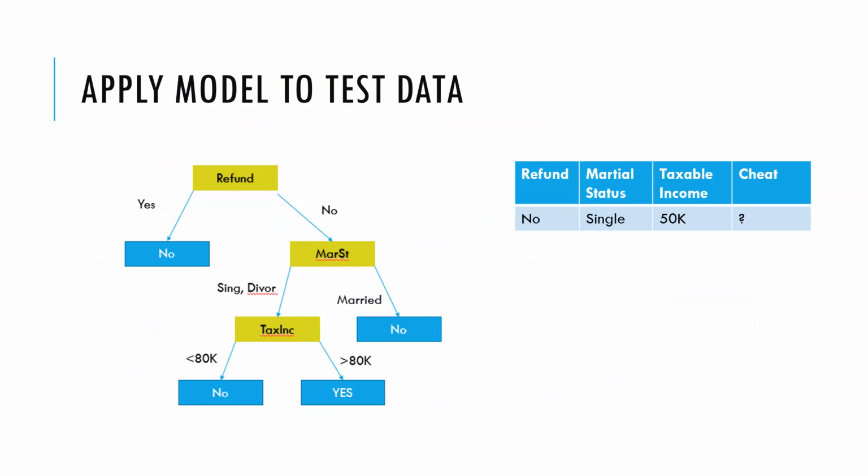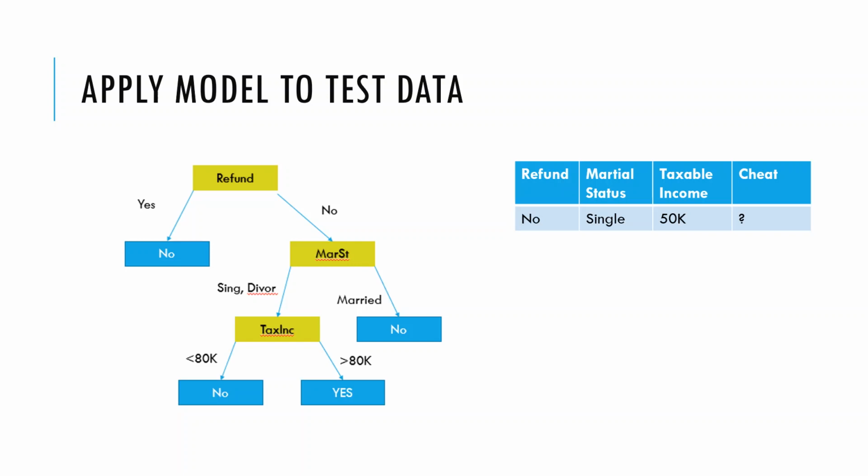Now here you can see that we are going to apply the model to test data, right? So you can see that we have different kinds of data available with us, that is training data and testing data as well. Training data is used for training of the model, and testing data is just to test whether that model is performing better or not, what is the accuracy of that model. So that is the reason why we separate out the data, and this is the new entry that we can see, right? And we want to predict whether the person is cheating or not. Remember, our model is that we want to find out whether a person filing the ITR is cheating or not.